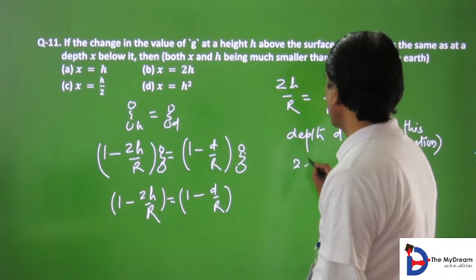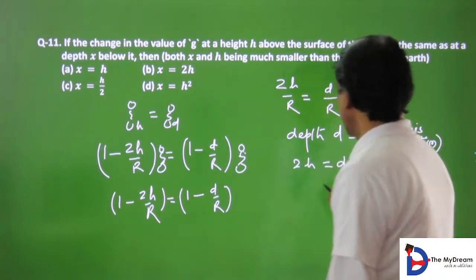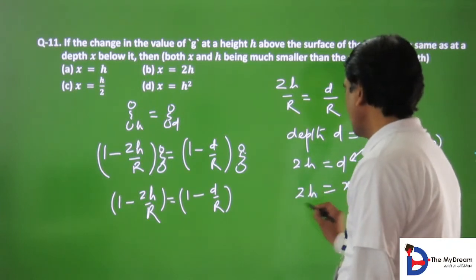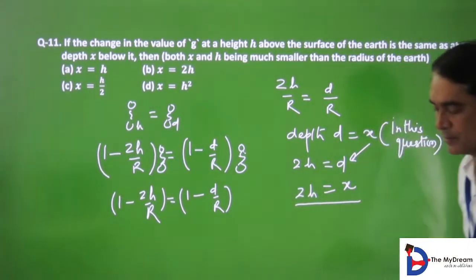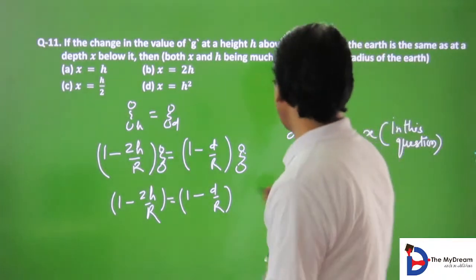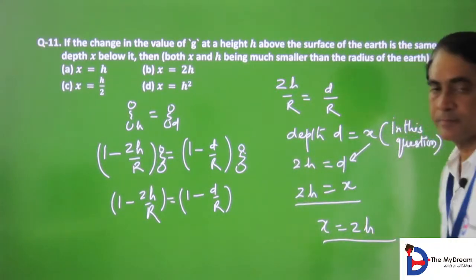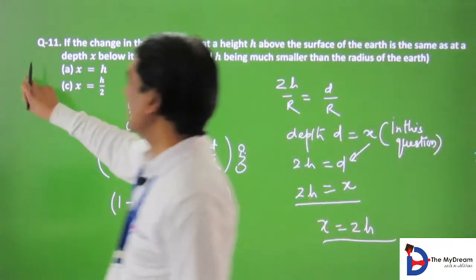So 2h is equal to d and d is equal to x. So twice of h is equal to x. ठीक है? तो x is equal to क्या हो गया बेटा? Twice of h. The next question is